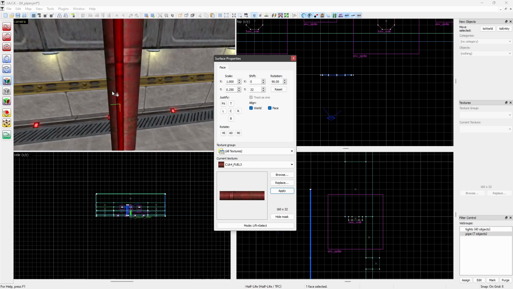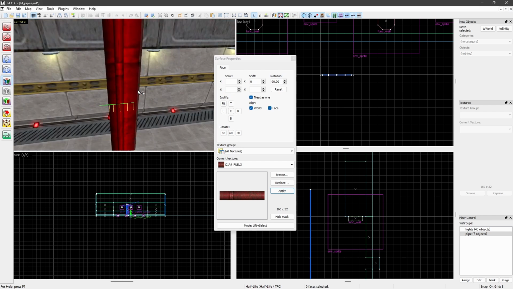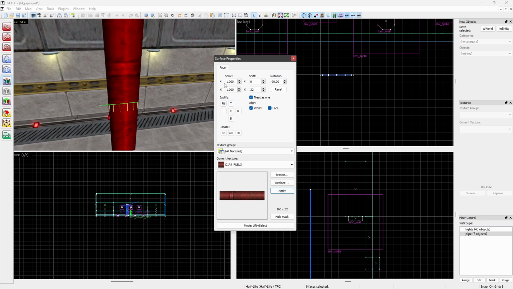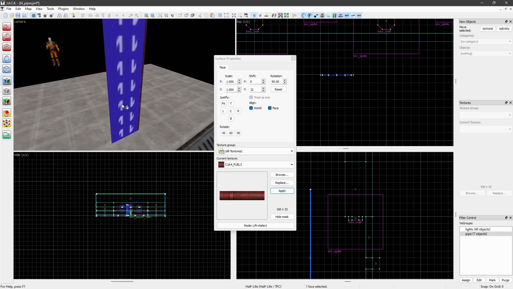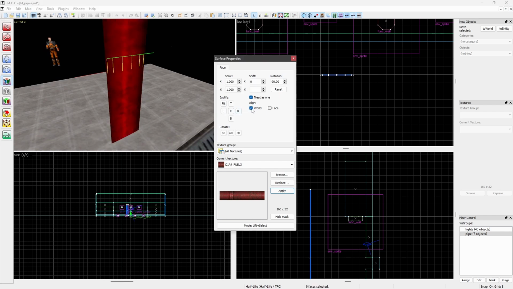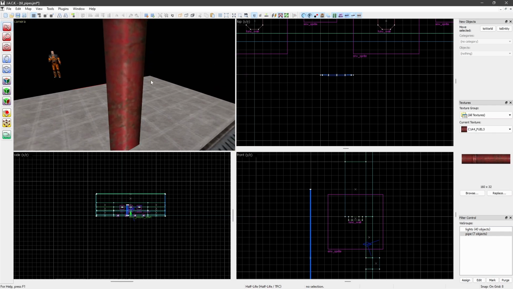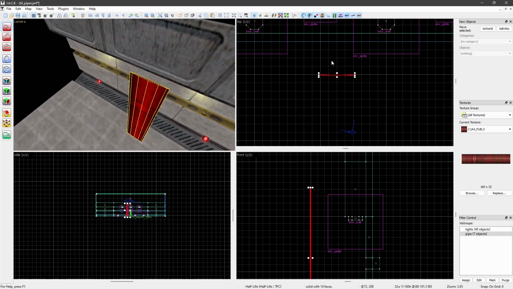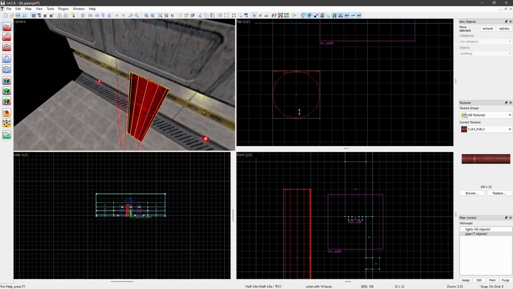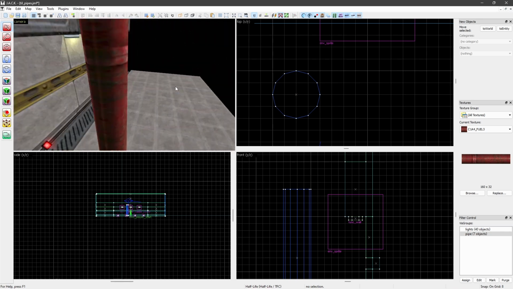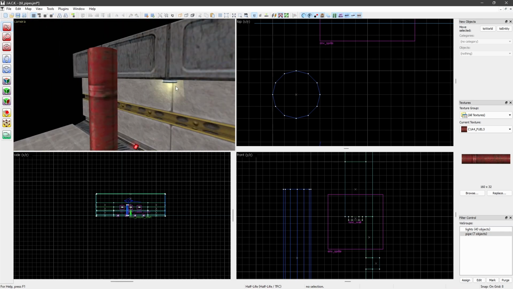Yeah, that's better. So again, fit. So we got an even scale. And of course, the same for the other side. Oh, that's not right. All right, so align the texture alignment and fit. All right, so obviously now we have to restore the original shape of the pipe, and now we got ourselves